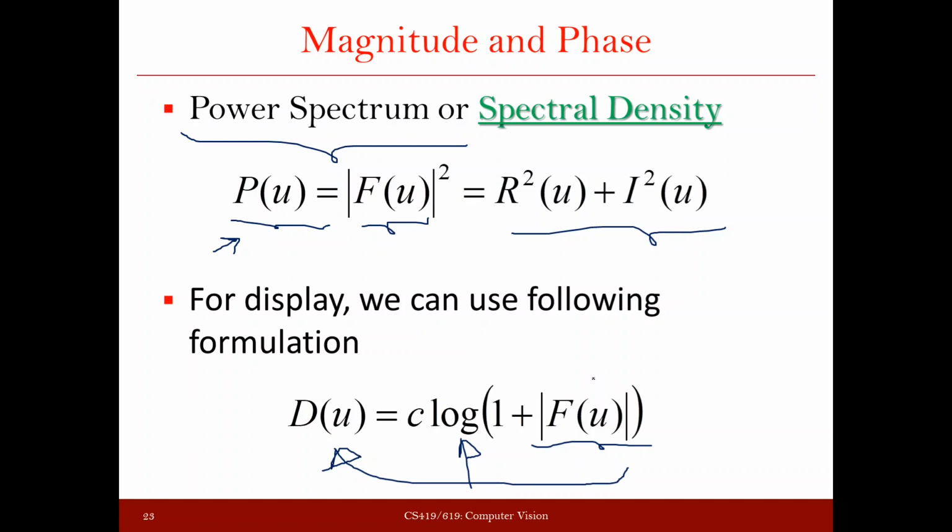Any operation that you are doing, you will be doing only on f(u), but just to visualize it, we take f(u) to the D(u) domain by taking the log of it, so that we can get better visualization. And we have added 1 here. We have not taken directly the log of f(u). We have just added 1 here, so that the case when f(u) is 0 can also be handled. Because if f(u) becomes 0, then log is not defined for it. So just to handle that case, we have considered 1 plus |f(u)|, so that if the mod of f(u) is 0, we still get 1 here, and we can define the log for it.